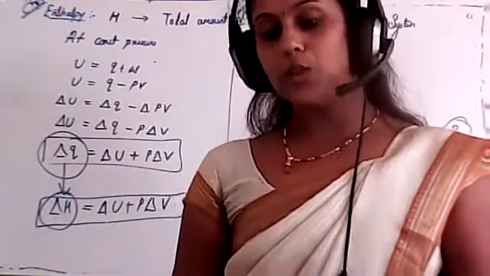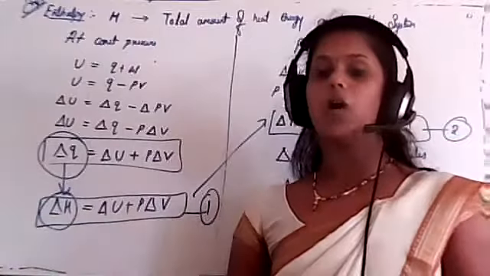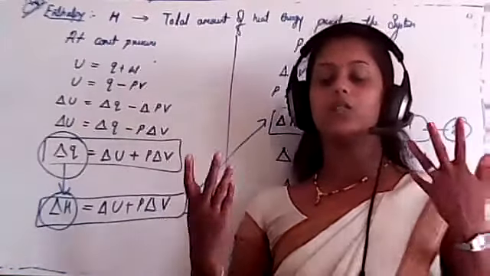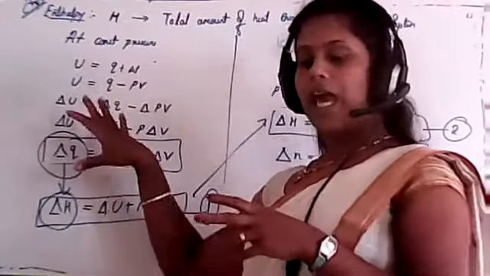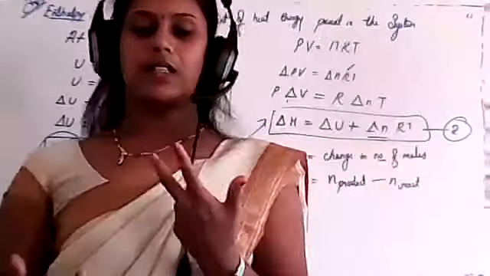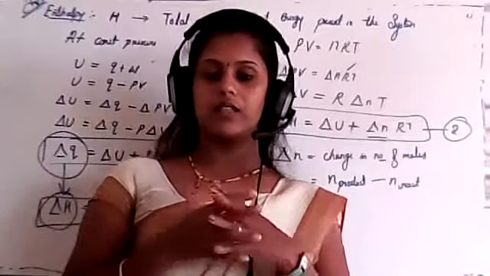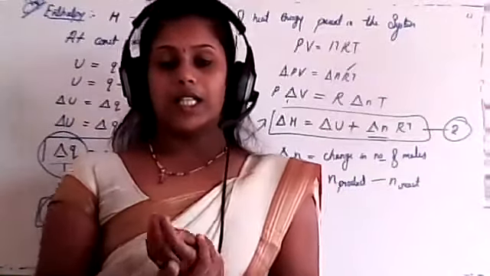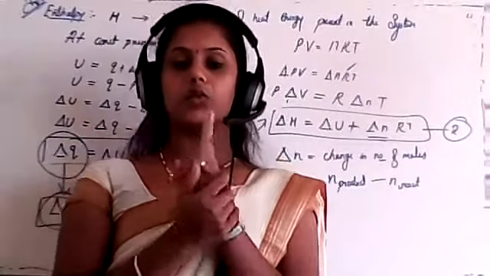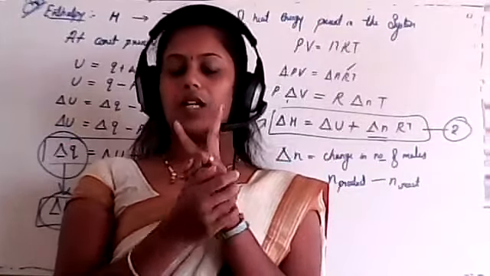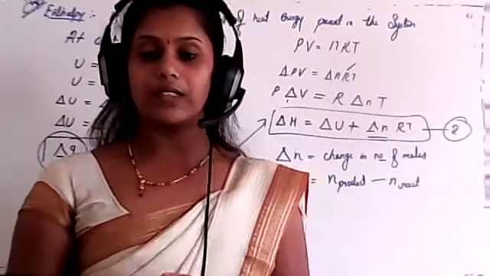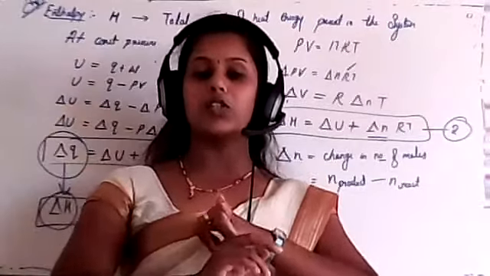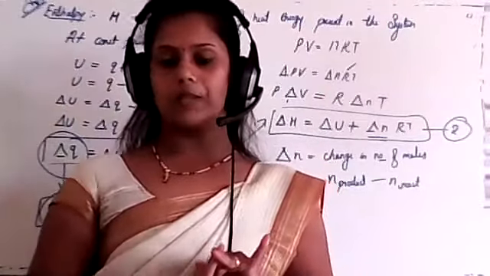So there are two types of reaction depending on enthalpy. What are those, students? Depending on the heat exchange, heat evolved or absorbed, there are two types of reaction. One is absorption and the other is evolution. What are those reactions known as? Yes, endothermic reaction and exothermic reaction.